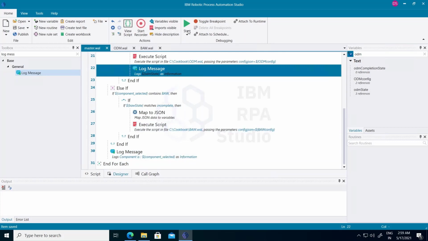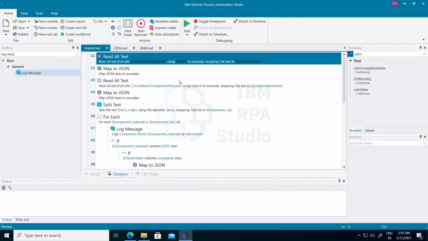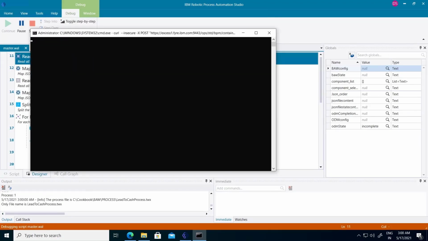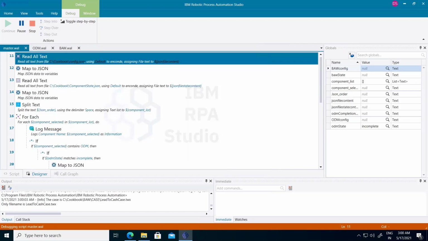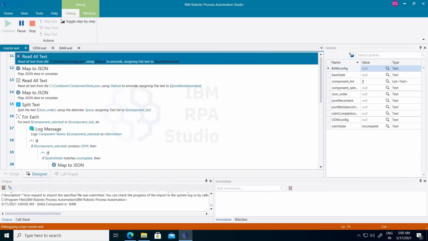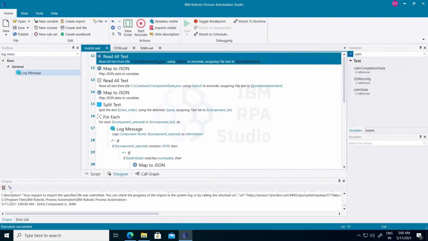Now let's run this. I showed you these apps were not there in BAW and ODM. Now they should come. And here we also have some logs, so a developer can debug for his purpose. So this execution has happened.